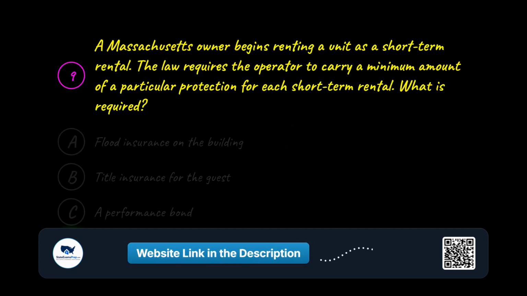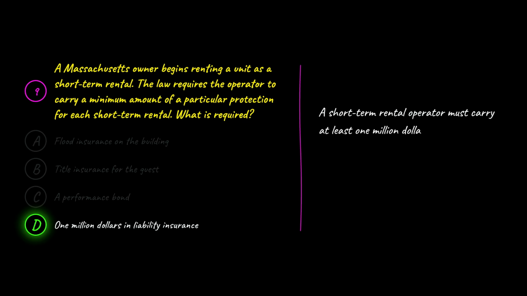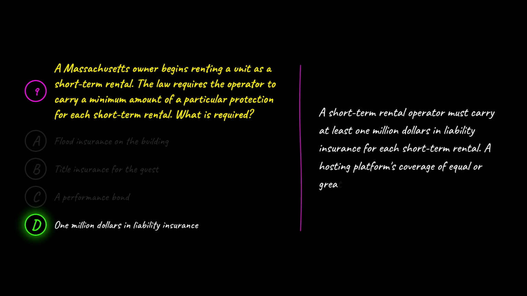The correct answer is D. $1 million in liability insurance. D is correct because a short-term rental operator must carry at least $1 million in liability insurance for each short-term rental. A hosting platform's coverage of equal or greater amount can satisfy the requirement, and the operator should notify the